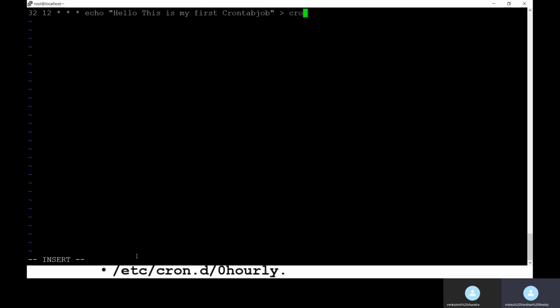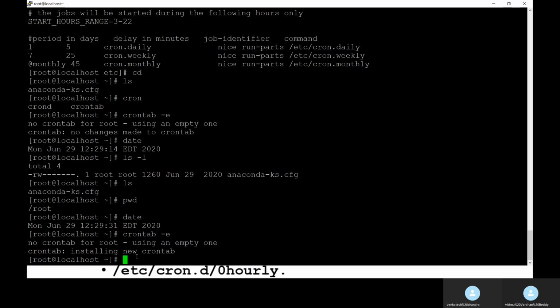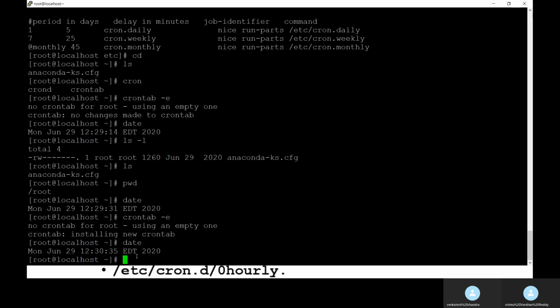Create that cron.txt. Okay, let's wait for some time. ls -ltr.